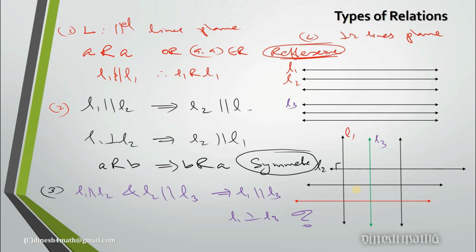So think about the set of lines in space. Suppose I am considering the set L; in this second example it is a set of lines in space. If L1 is perpendicular to L2 and L2 is perpendicular to L3, can I say L1 is perpendicular to L3? We can visualize that, and that will clearly be true. In such a case it will be true. This property we say: if A is related to B and B is related to C, then A is related to C.